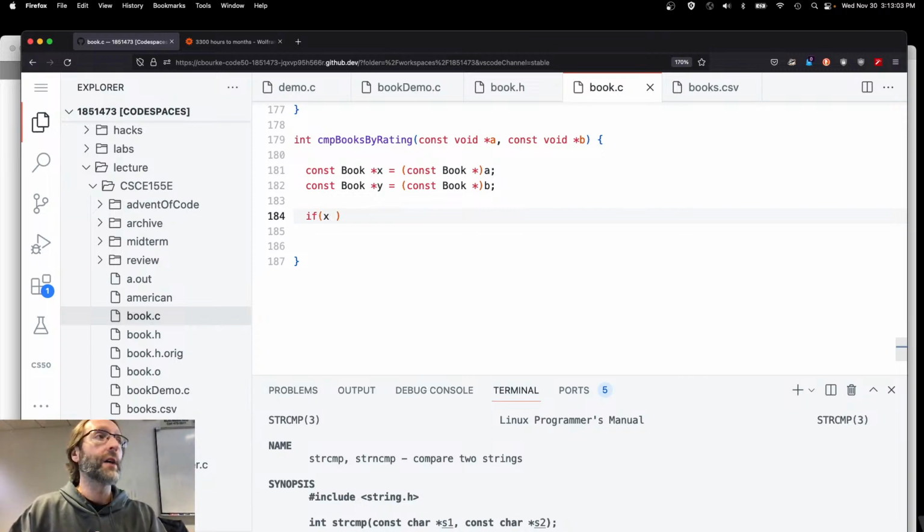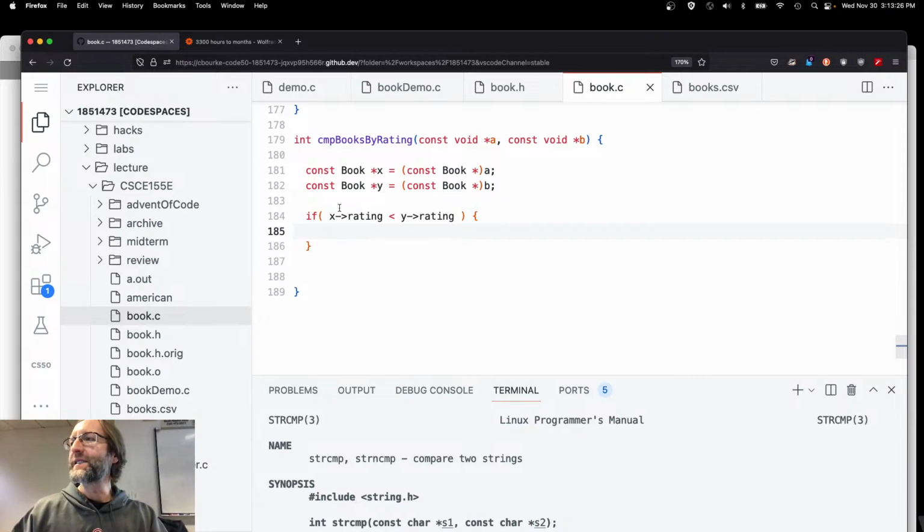X and Y are now structures, right? Regular old structures so that I can use a dot. Is that correct? They're not regular old structures. What are they? Pointers to structures. What do you use when you have a pointer to a structure? Arrow. If X's rating is less than Y's rating, right, and here's where I always confuse myself because which way